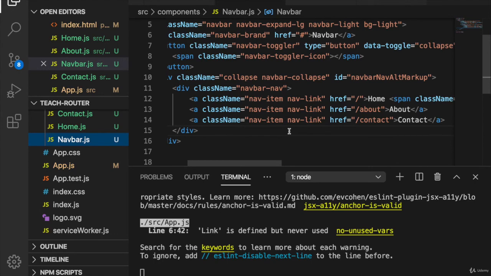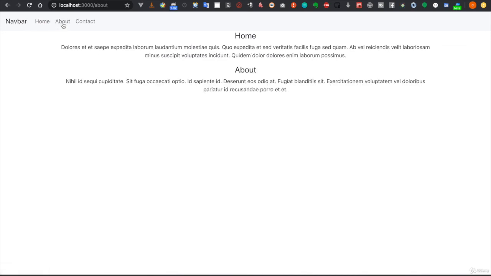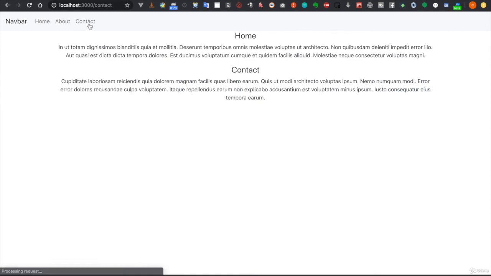So we can take a look at the website, and you can see the home button, the about button, and also the contact, and you can see the home